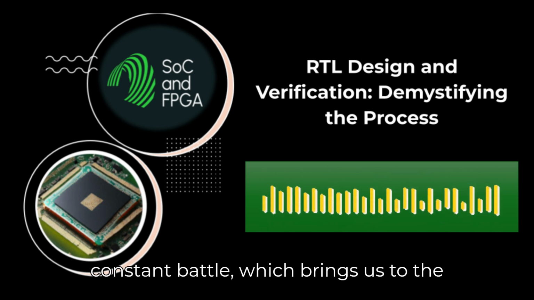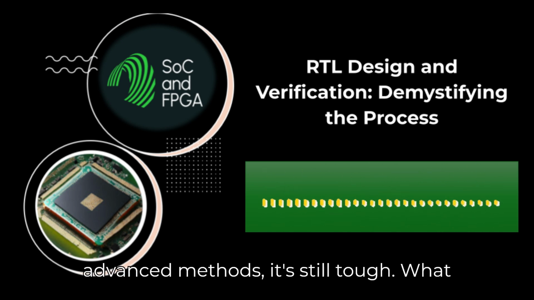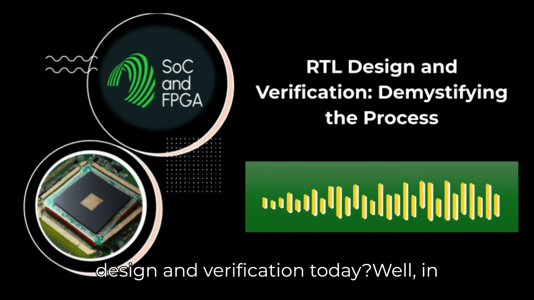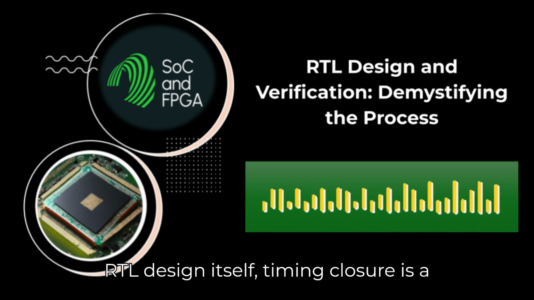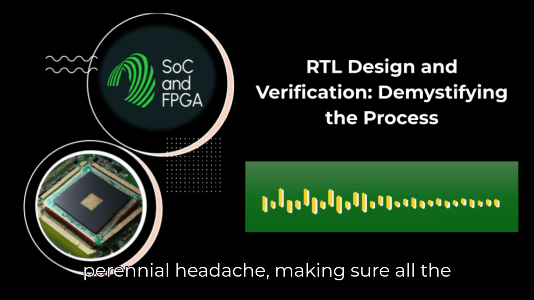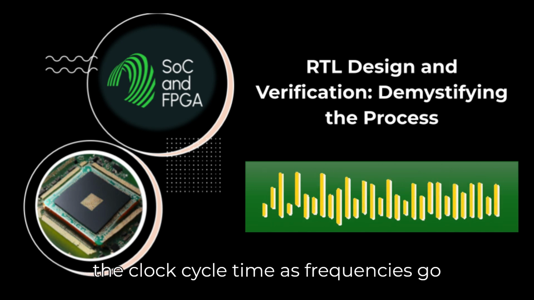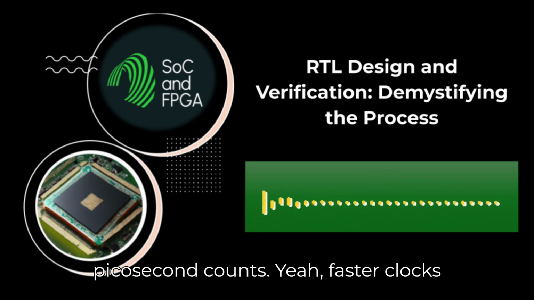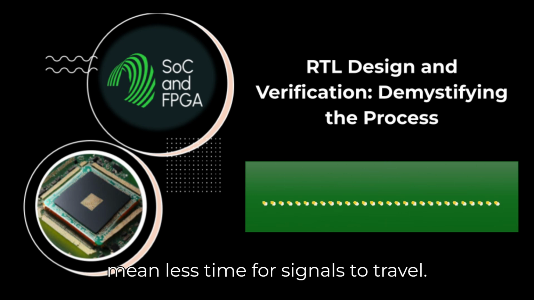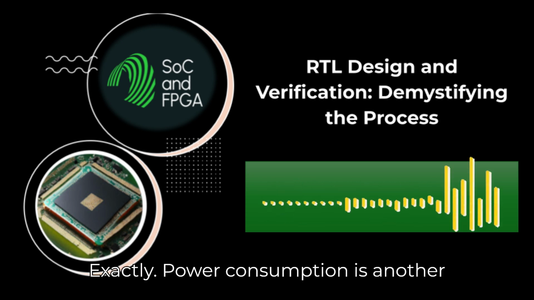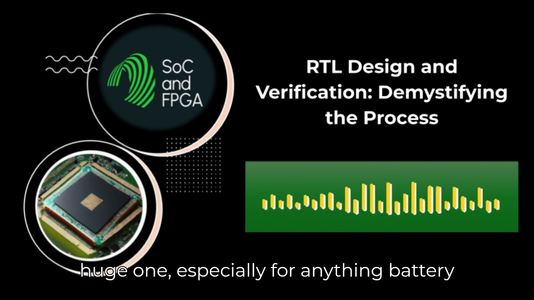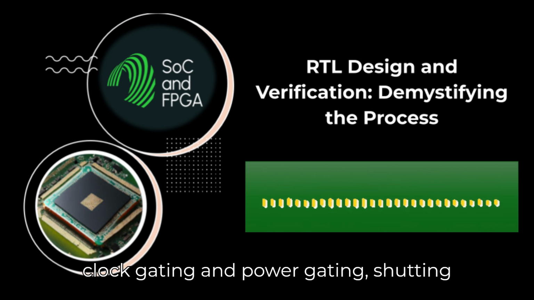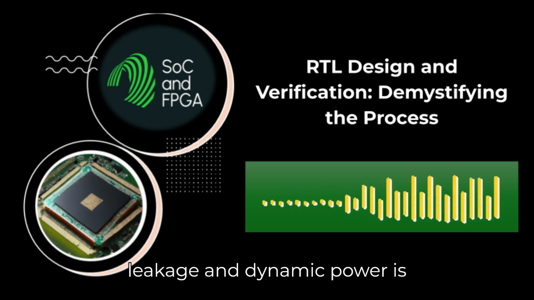It's a constant battle. Which brings us to the ongoing challenges. Even with all these advanced methods, it's still tough. What are the big hurdles engineers face in RTL design and verification today? Well, in RTL design itself, timing closure is a perennial headache, making sure all the signals get where they need to go within the clock cycle time. As frequencies go up, this gets exponentially harder. Every picosecond counts. Yeah, faster clocks mean less time for signals to travel. Exactly. Power consumption is another huge one, especially for anything battery-powered. Designers use techniques like clock gating and power gating, shutting down parts of the chip, but managing leakage and dynamic